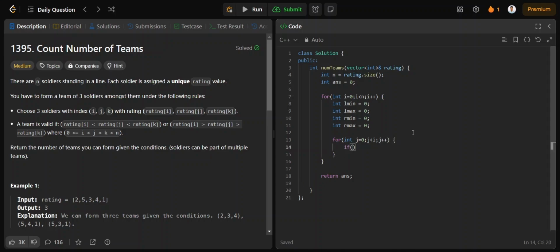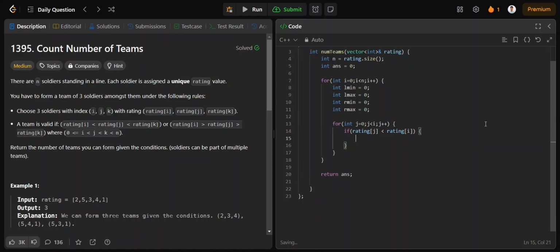We check if rating j is less than rating i. If it is, that means it is on the left min side, so left min plus plus,